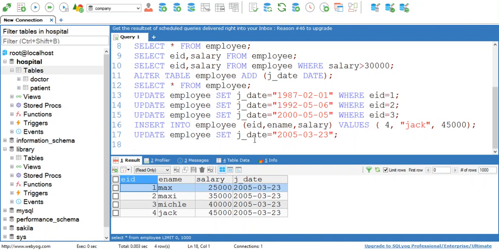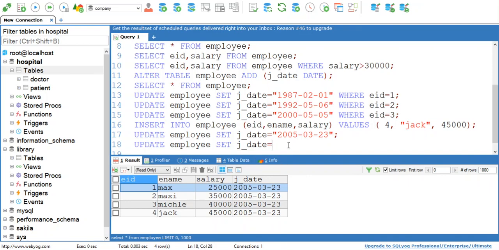Now here, we have seen how to set a value for a missing attribute. If you want to change the value of an existing attribute, then also you can use the update command, like update employee set. Now suppose I want to change the joining date of any person. Here we have all the joining dates.